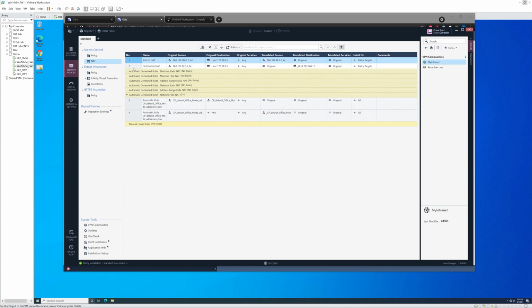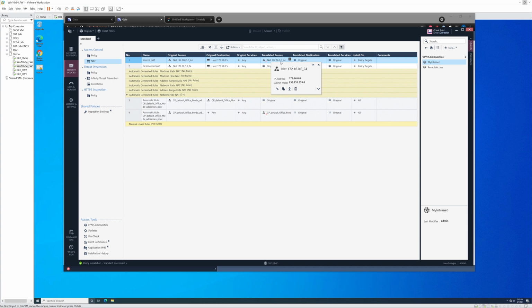We can see here I just have two rules. I have a source NAT and a destination NAT. Based on the diagram we had up earlier, anything behind the 192.168.1.0/24 network, behind firewall A, we're going to NAT the firewall B server to the 172.31.0.5 address. So anything going there, let's translate the source so that it looks like it's coming from the